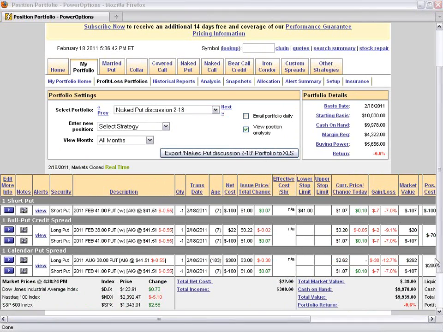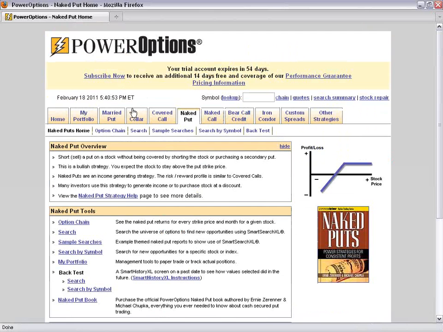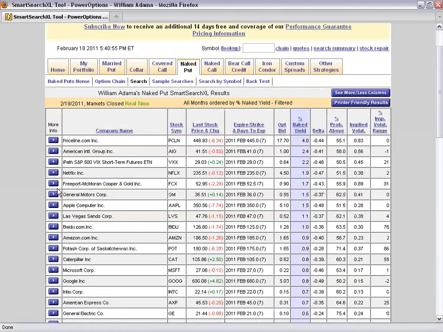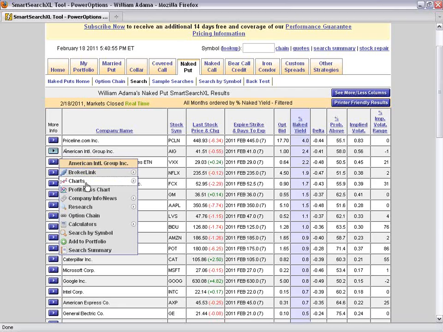And to really answer your question, Nancy, yes, of course. Before I entered any trade, you've seen my processes in the various webinars, the research and analysis for the married puts or for any other strategy. The same process I use in any other strategy. When I go into a search, for example, let's go back to the naked put search. When I first pull up my results, the first thing I always do is take a look at the stock chart. Does it match my trend and my direction, my expectations and goals for the strategy?